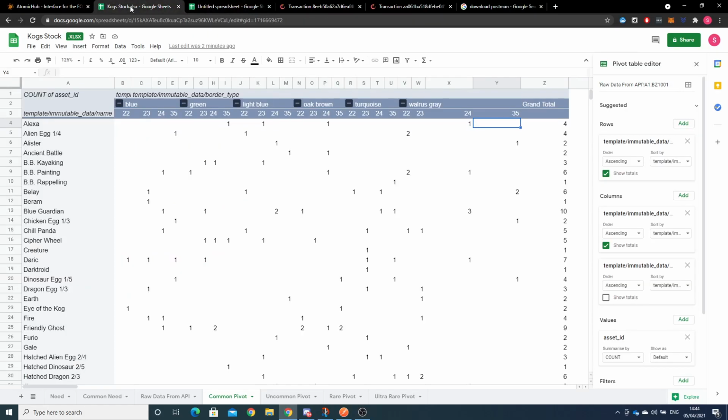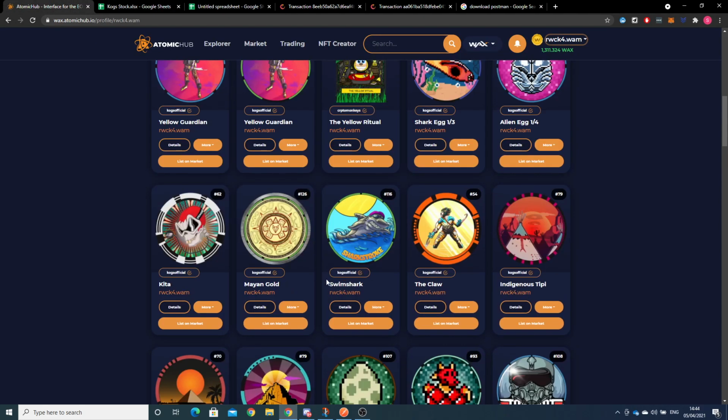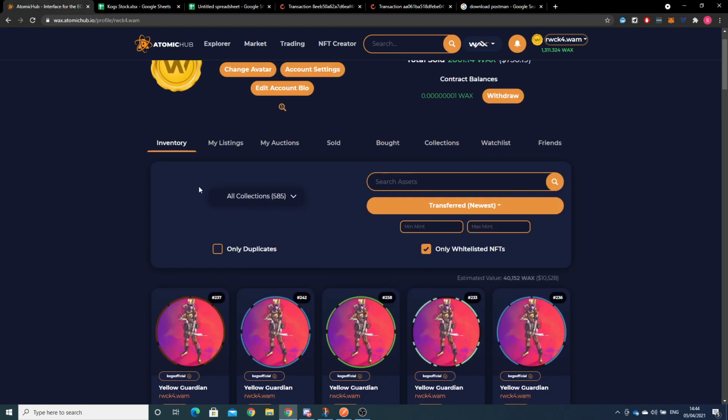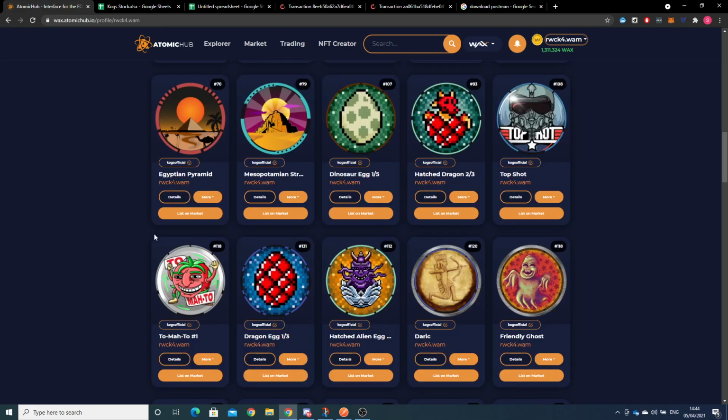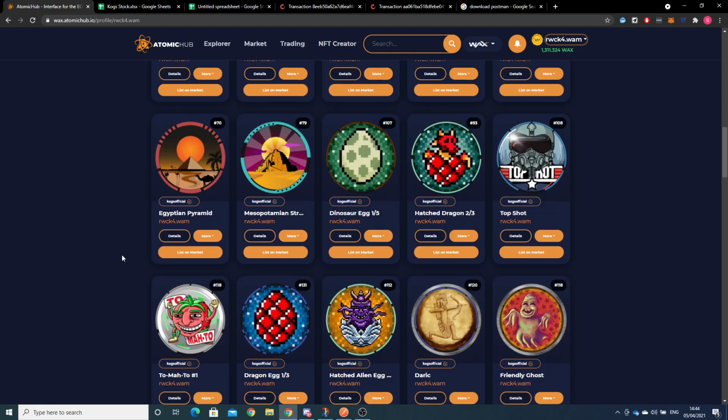Hey everyone, just wanted to do a little guide today on COGS, on how to track your inventory a bit better, especially if you've been opening a lot of packs or you're going towards a lot of tubes. Although you can use the Atomic Hub filters to sort of see what you've got,